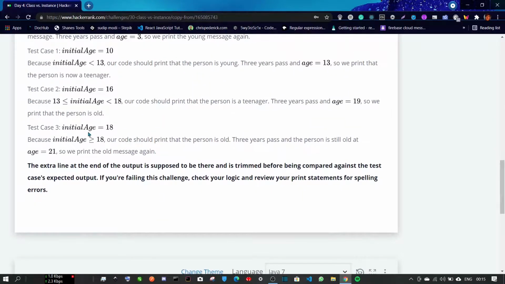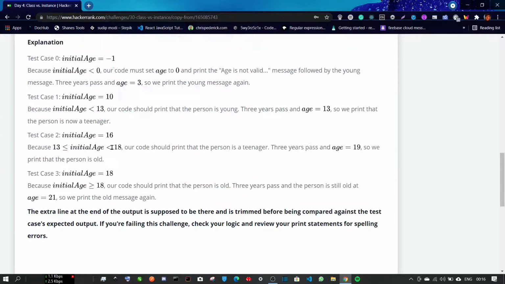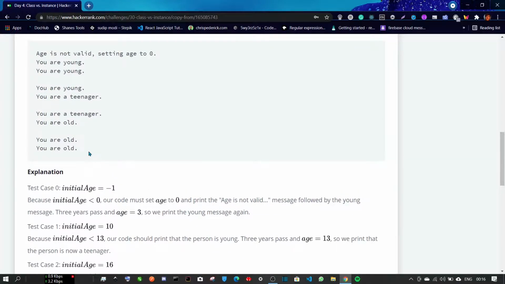The fourth test case, initial age is 18, so initial age is greater than or equal to 18. Our code should print that the person is old. 3 years pass and the person is still old because the age is 21. So we print the you are old message again, right?